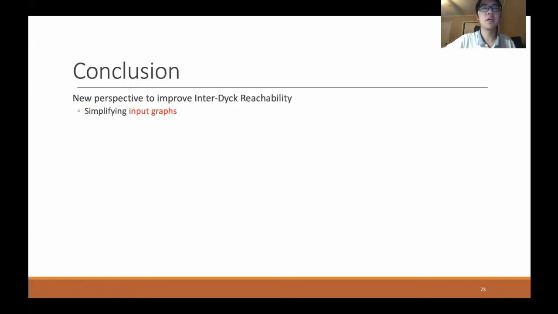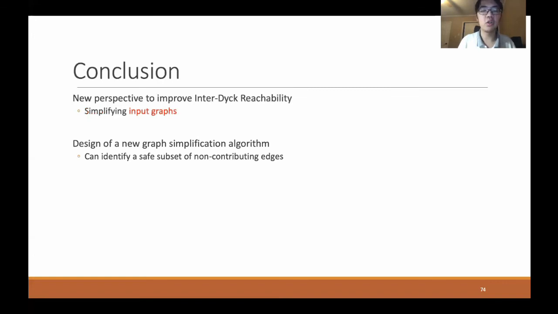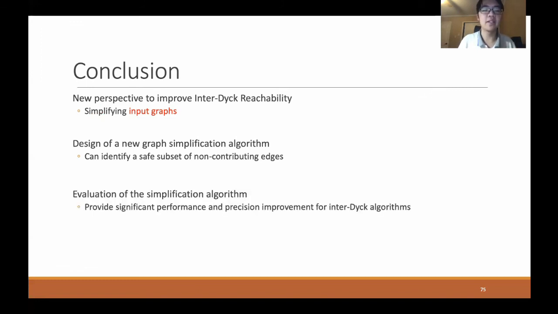To sum up, in our work, we provide a new perspective to improve InterDyck reachability. Instead of proposing different approximation algorithms, we can also simplify the input graphs. We also design a new graph simplification algorithm which can identify a safe subset of non-contributing edges. We also evaluate this simplification algorithm in practice. It shows that it can provide significant performance and precision improvement for